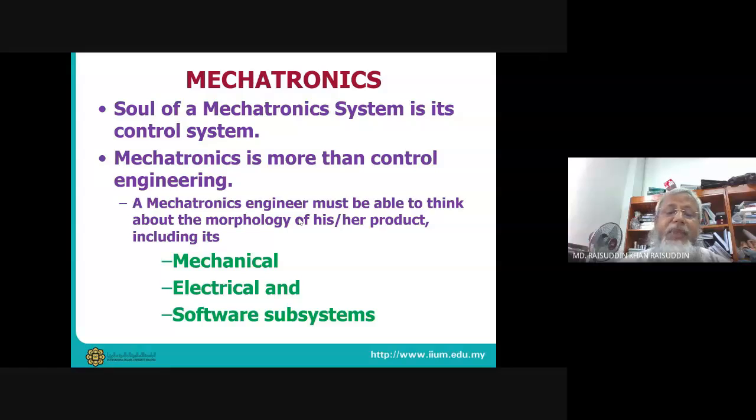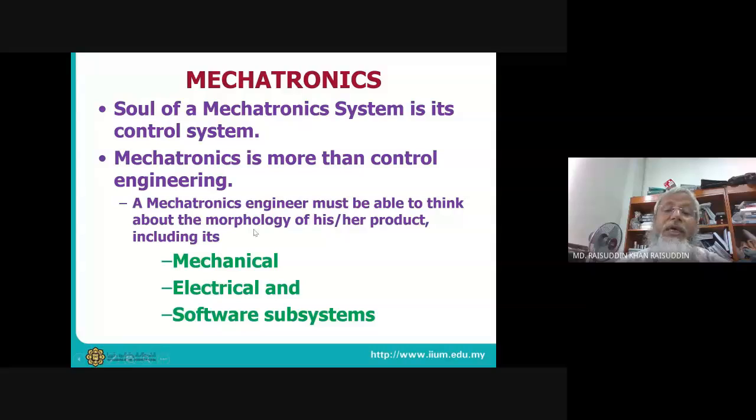But in modern product, the control needs to be very sophisticated, which cannot be that simple, and which needs computer or microcontroller to be in the picture. So you see, now when we talk about the control, last time there were control engineers. Still there are engineers who are known as the control engineers. Their main job was when the mechanical systems and everything is designed, then those are translated to those control engineers. They would come up with the mathematics and will develop the controller. That was the way they used to work.